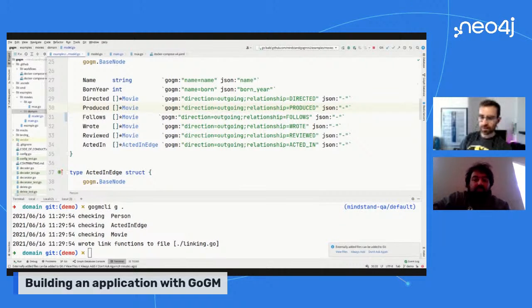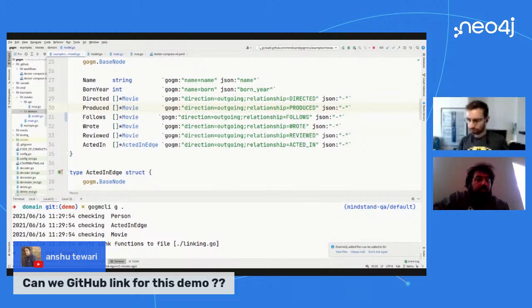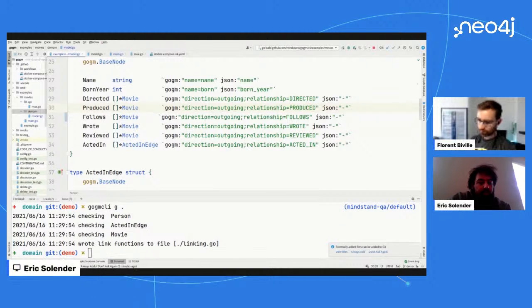Oh, and someone is asking for the GitHub link for the demo. So the current link to it in the test branch, I'll drop in the chat. And then this will just be in master.